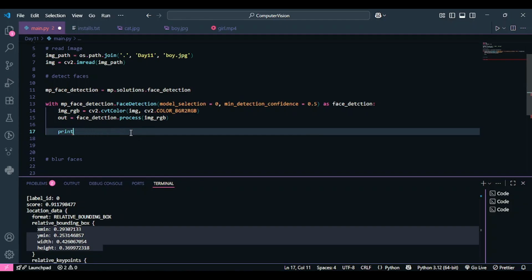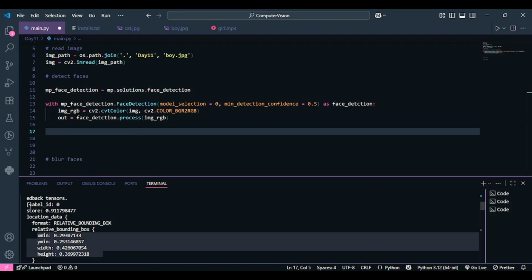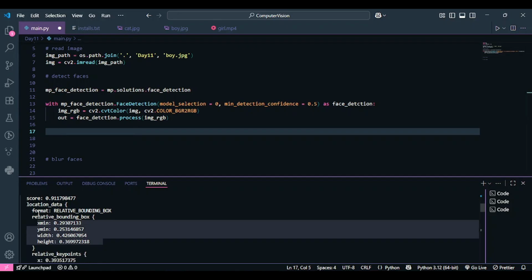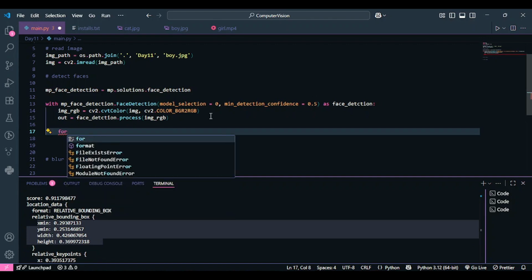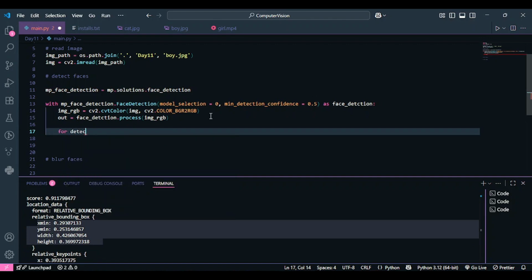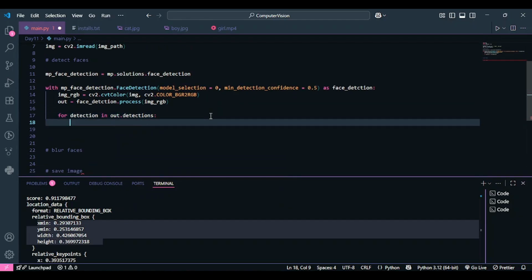that because this is just for one face, right? If I have only one face, it will only have one of these. But if I have more than one face, then I'll have more than one detection, right? So what I'm going to do is I'm going to iterate over it. I'm going to iterate over this list. I'm going to say for detection in out dot detections, what you need to do is we need to